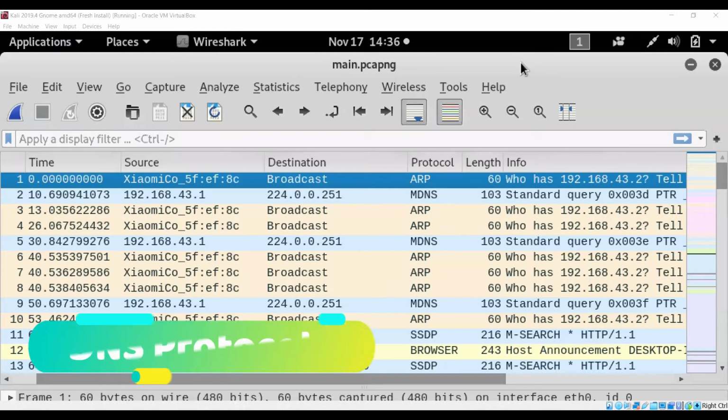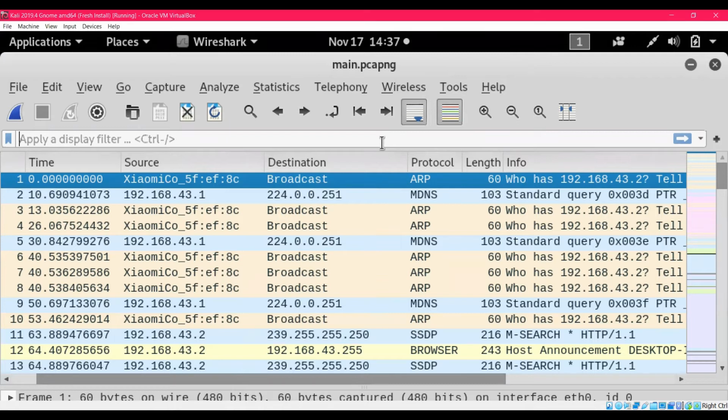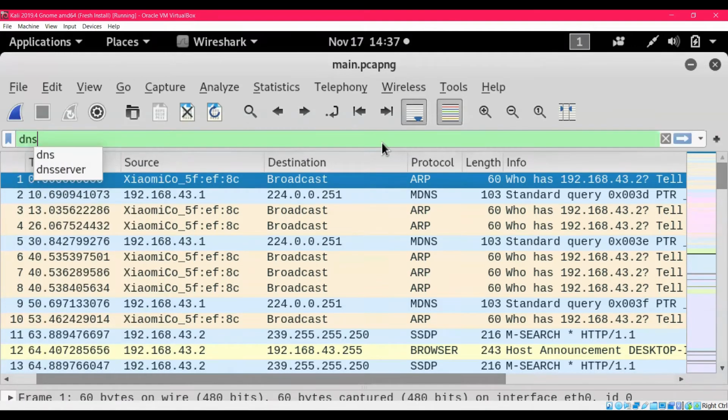So the first one is packets following the DNS protocol. One of the ways we can narrow down our search is to find from where the conversation began. For example, if I want to analyze packets from when I visited NIIT University's website, we can do that easily by searching for the DNS protocol and search.